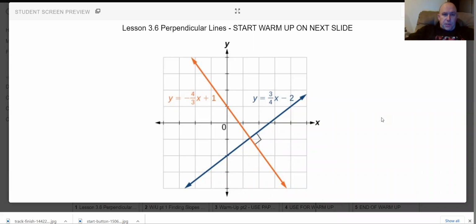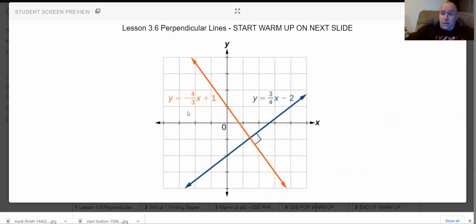This is the video tutorial for lesson 3.6, which is perpendicular lines. And what you can see on the first slide here is an example of perpendicular lines. So perpendicular lines are two lines that have an angle of 90 degrees between them. Now, the key fact to notice just from this first picture here is if we look at the slopes, first